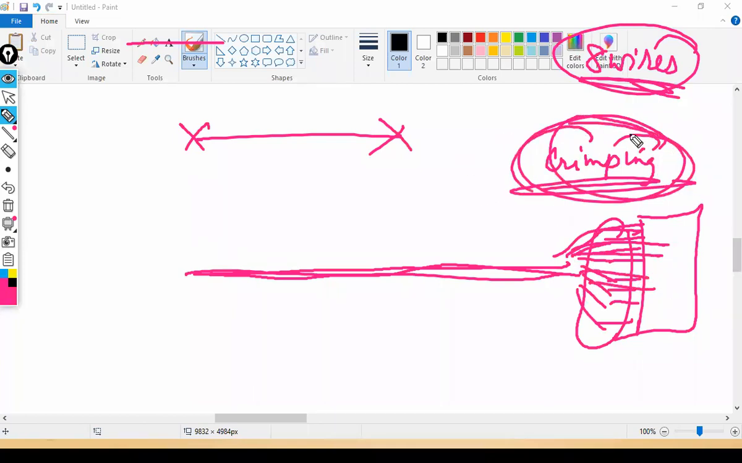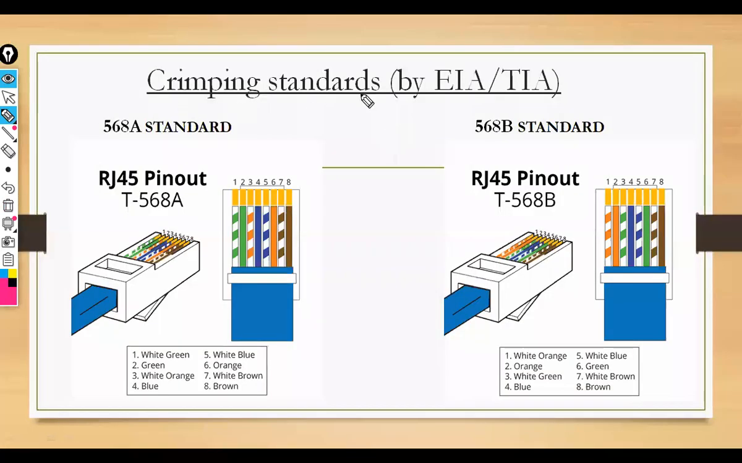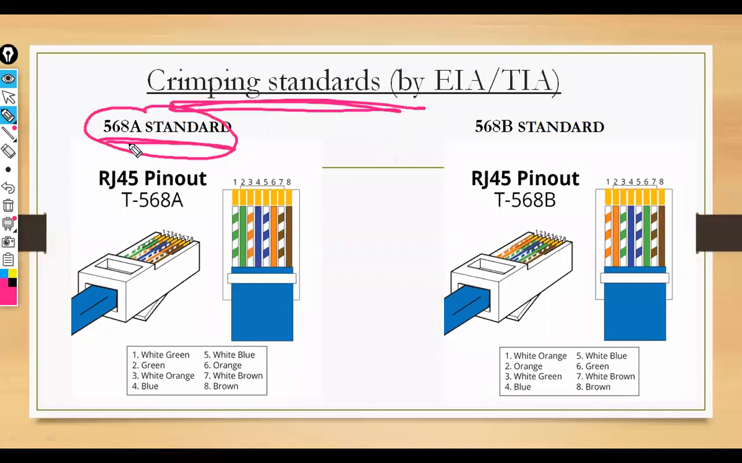So for crimping, you will arrange the cables. Arrangements are done in 2 ways, also called crimping standards. You have 2 standards: 568A standard and 568B standard. In 568A standard,